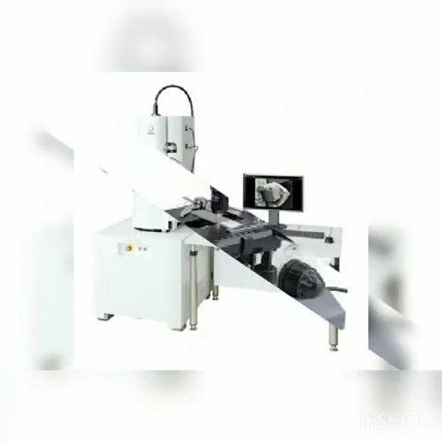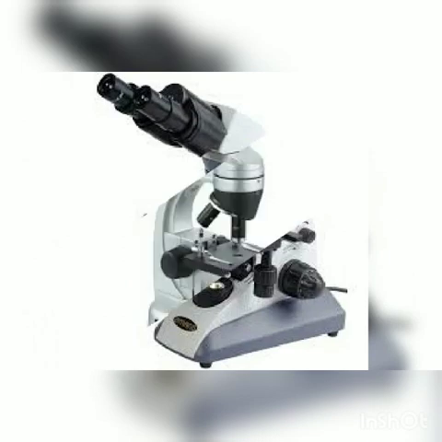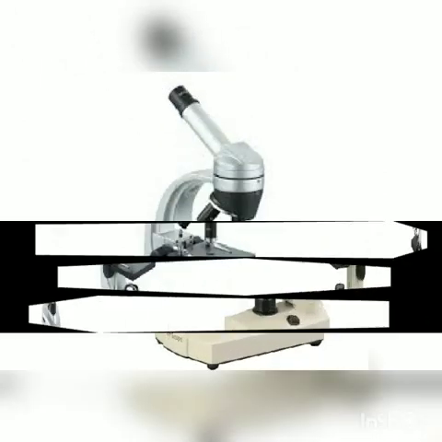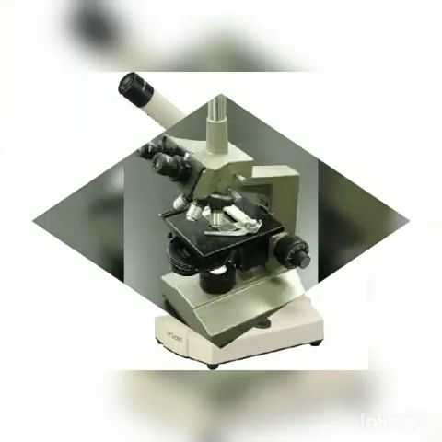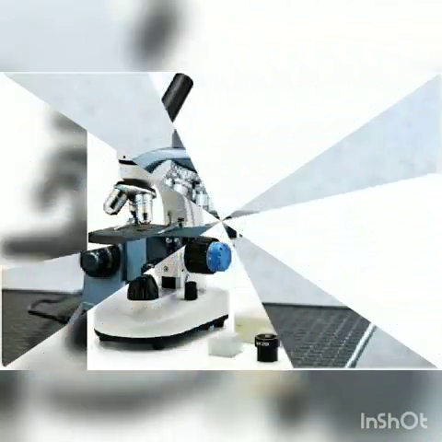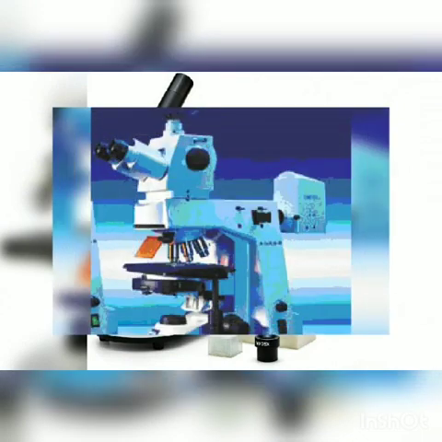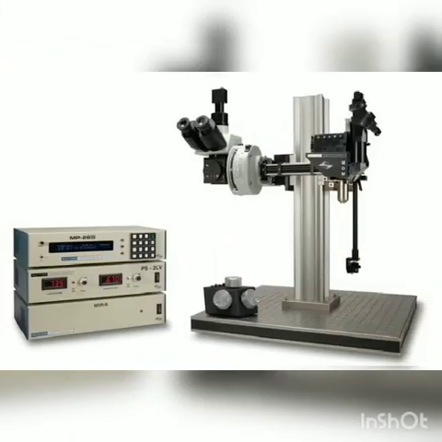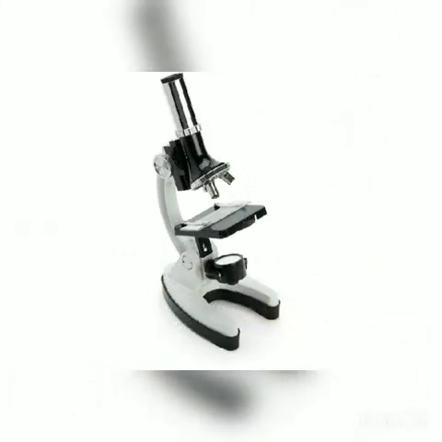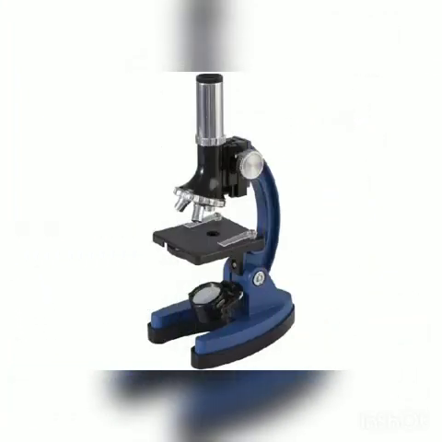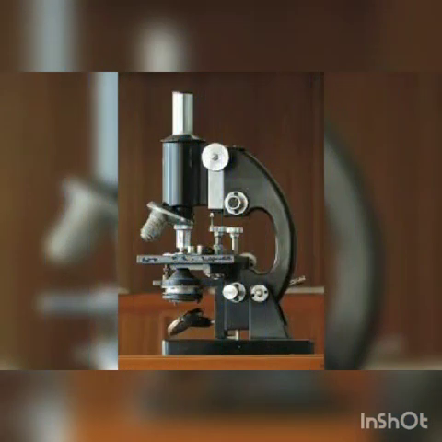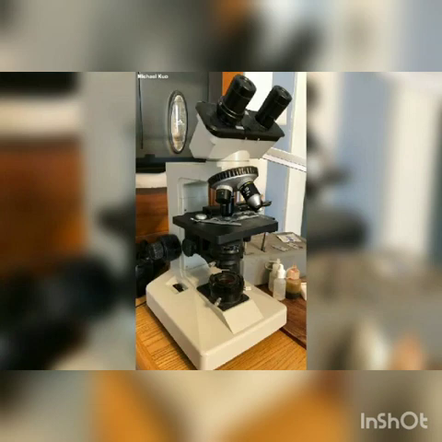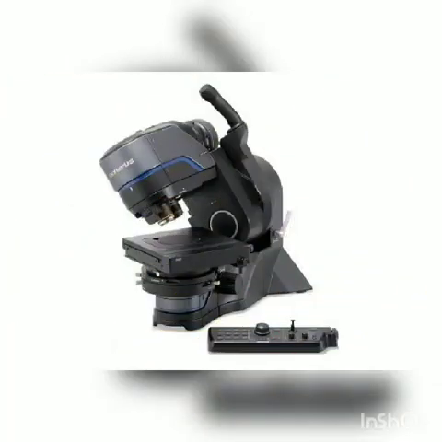The most common microscope is the optical microscope, which uses light to pass through a sample to produce an image. Other major types of microscope are the fluorescence microscope and the electron microscope, the scanning electron microscope, and the various types of scanning probe microscopes.